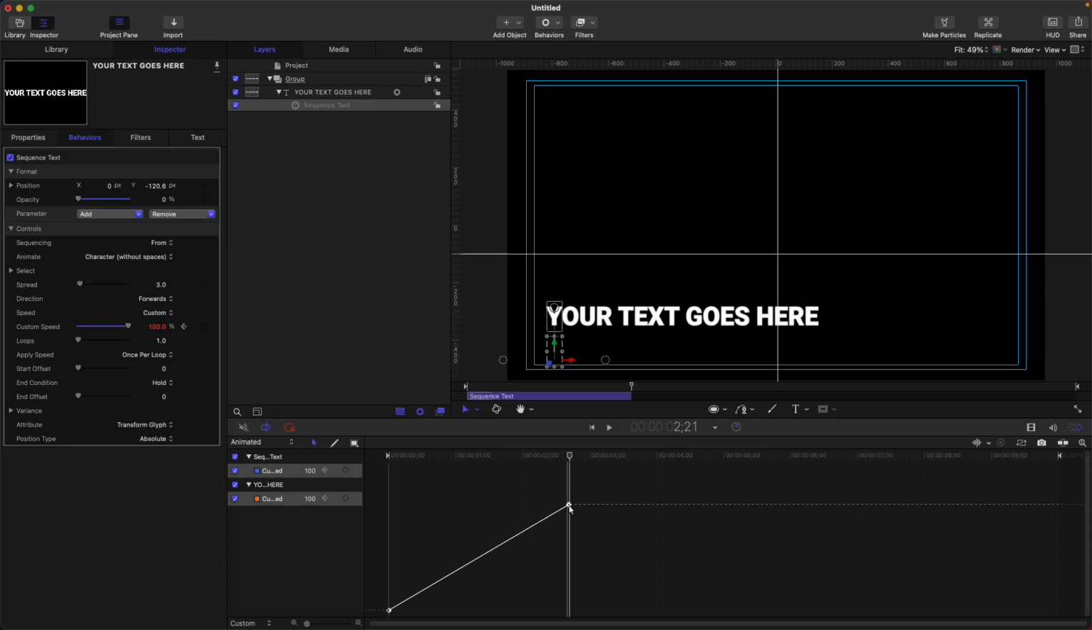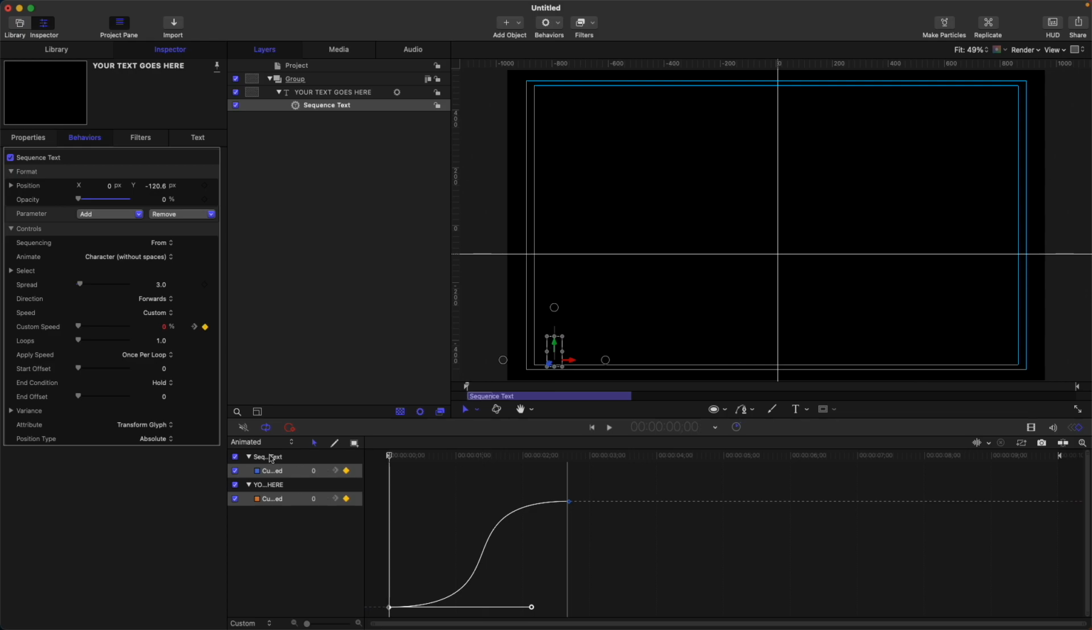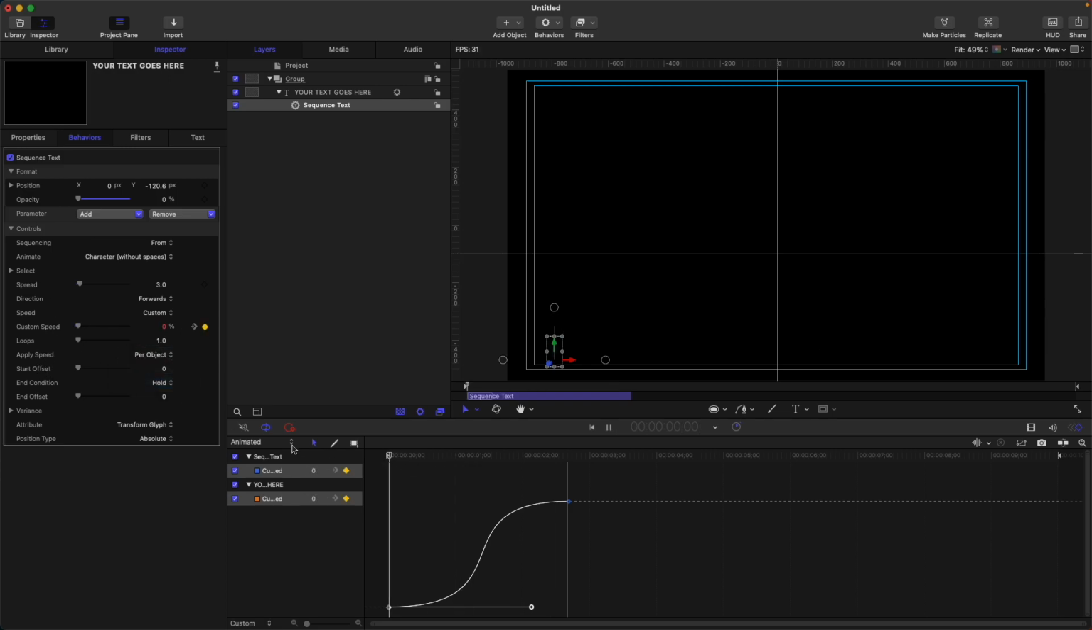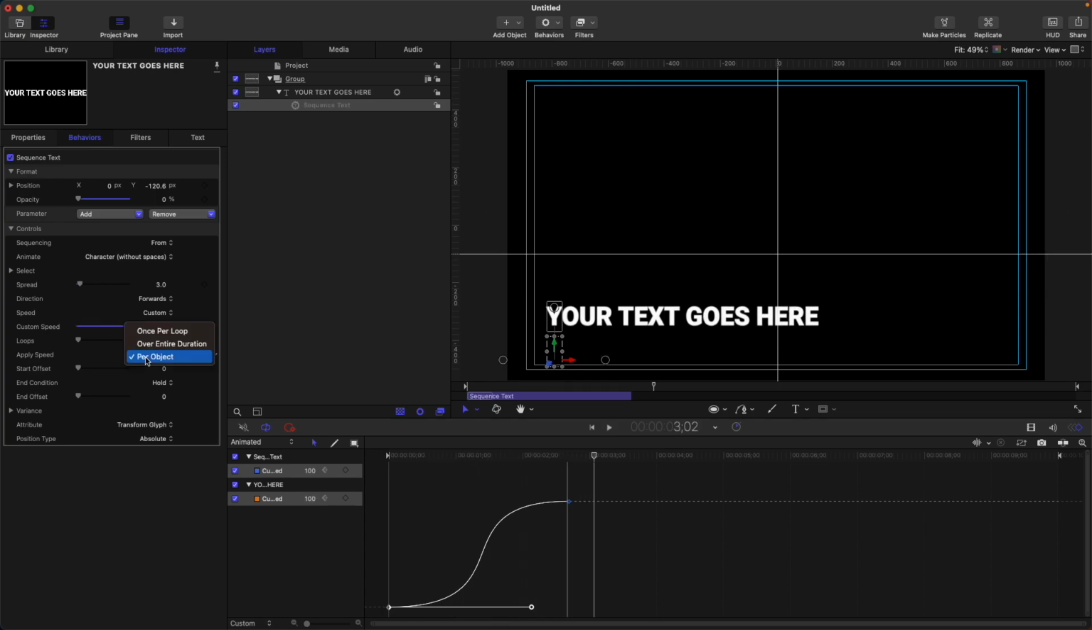and adjust the handles and adjust other properties again so that it looks much better. I'm gonna change the apply speed to per object. So it looks bad, so I'm gonna select just once per loop. And then